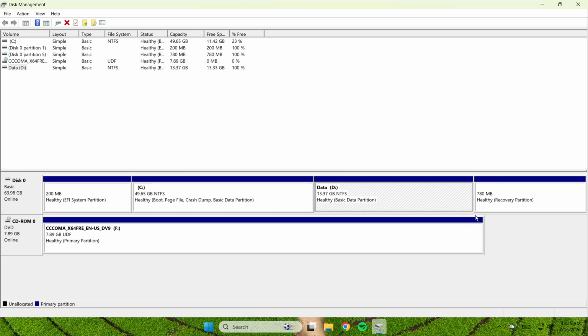Before going any further, take a careful look at the partition you've highlighted. You need to make absolutely sure it is not your C drive. It is not the EFI system partition. It is not the recovery partition. And it is not any partition that holds files you still want to keep. This is important because deleting a partition permanently removes all of the data stored on it, and that data cannot be brought back afterwards. Once you're certain you've selected the correct partition, we can move on to step 3, which